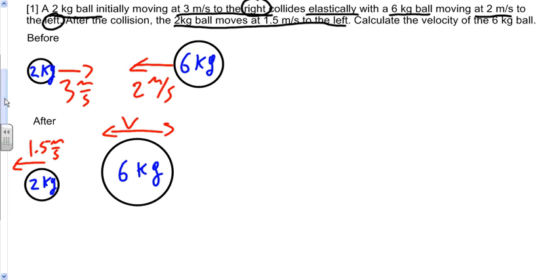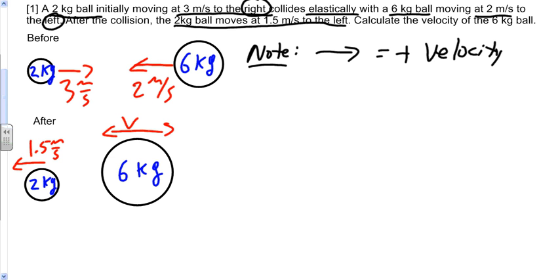One little notation we need to start with before we go anywhere is in terms of velocity and direction. You'll recall that velocity is a vector quantity, meaning it has both magnitude and direction. I'm going to say anything moving to the right has a positive velocity, which means that anything moving to the left is going to have a negative velocity. So that 2 meters per second is actually going to be a negative 2 meters per second when we talk about it in terms of doing our momentum, and same thing for the momentum afterwards